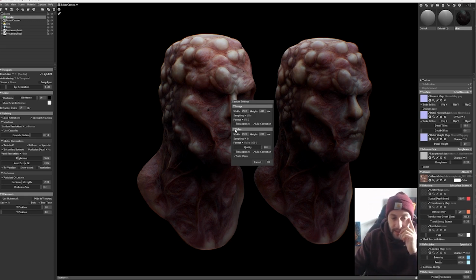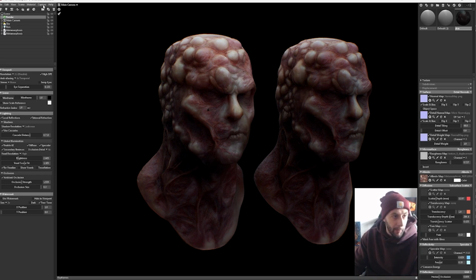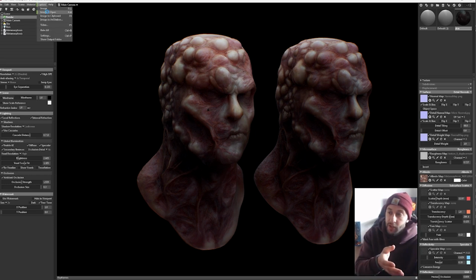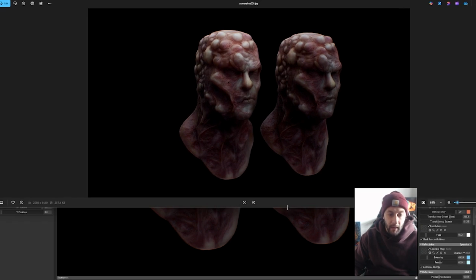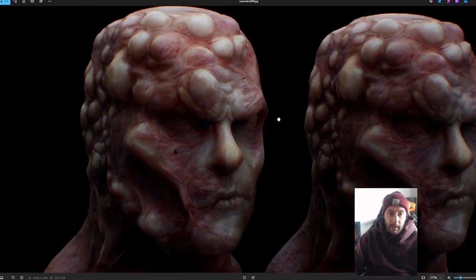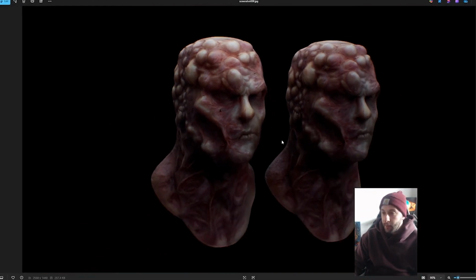The video settings is something we might have to go over in another video, but that's if you want to do a turntable. Pretty easy, but we'll stick to this. Once you're happy with that, I'll do image and open, so as soon as it finishes the render, it'll actually open up the image as well. And you can get a quick turnaround time. Look at that. This is straight out of the render screen. Look at this. This is 100% acceptable in any kind of concepting, 3D modeling, portfolio stuff,